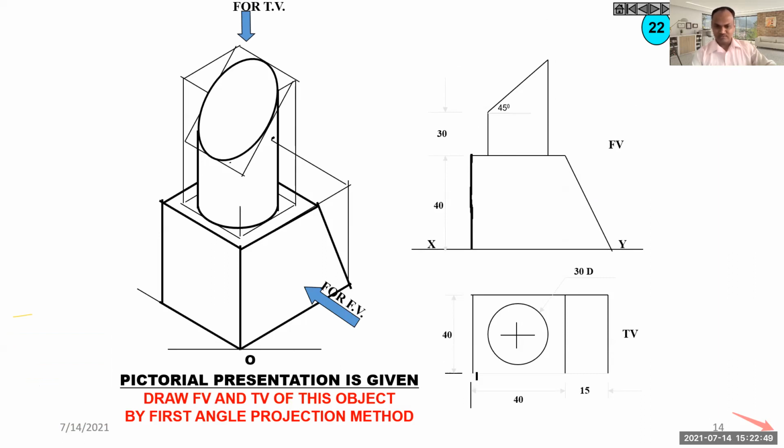In case of top view, again, you will see a rectangular portion, and as it has been extended there, this small rectangle will be seen on the other side. This circle is there, it will be shown on the upper side. So this will be the top view of this diagram.